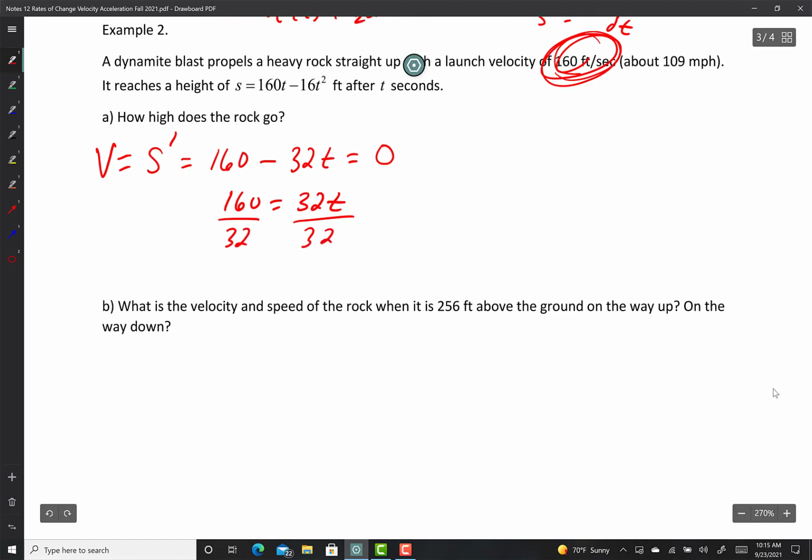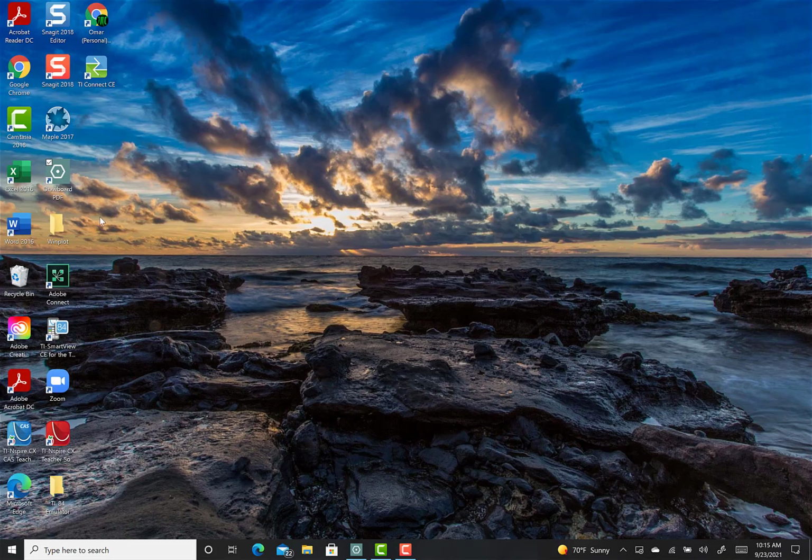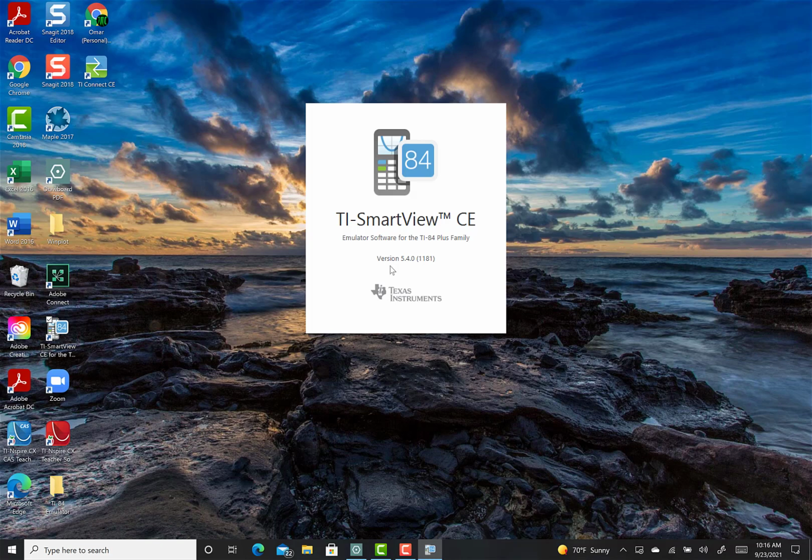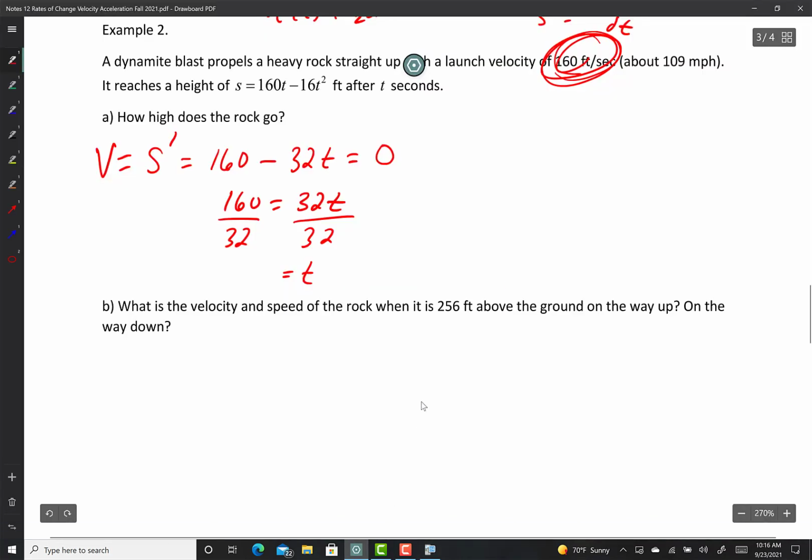So t equals what? Let's take a calculator. Is it 5? Yeah. All right. t equals 5. Now that I know that it takes 5 seconds for me to have a velocity of 0,